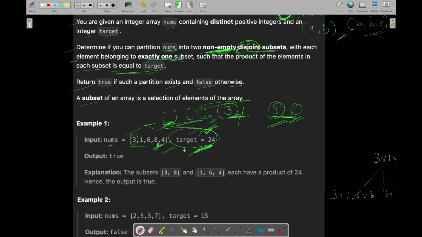Okay, but how will we make sure that the other subset will also have the product as 24? We can make sure in this way: the product of all the elements of nums should be equal to target into target, right? If it is not equal to target into target, it means we can't divide these elements into subsets and we will return false.